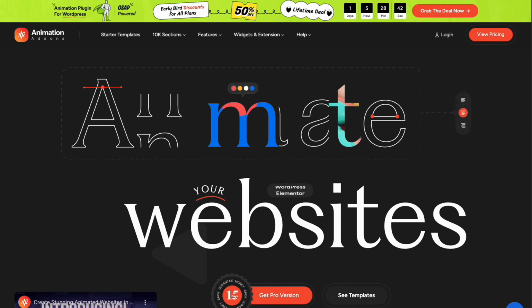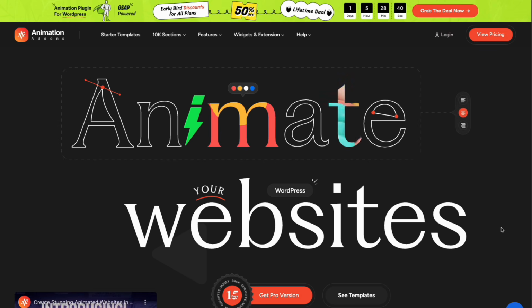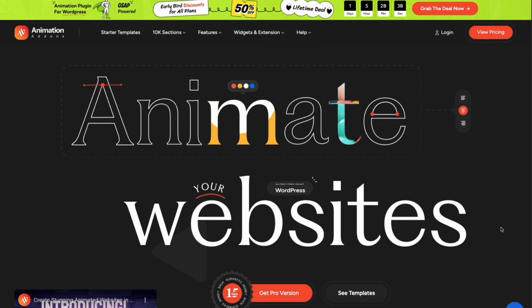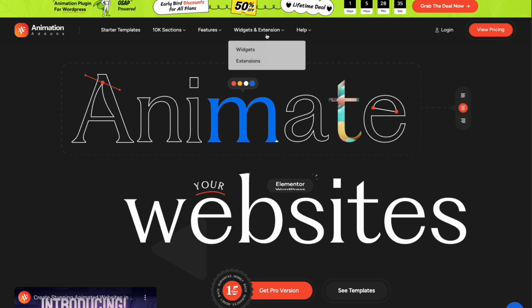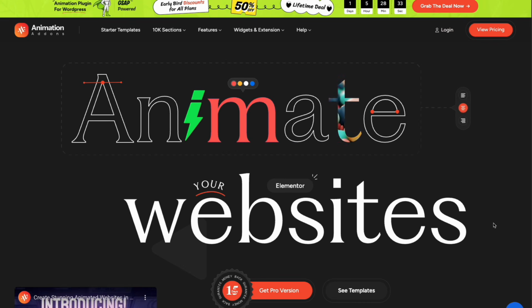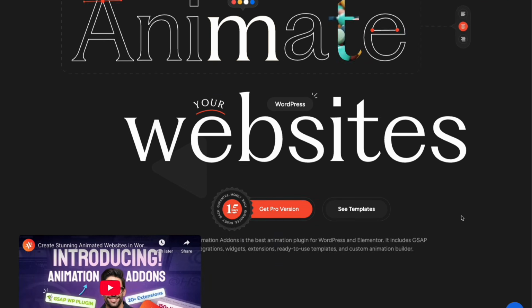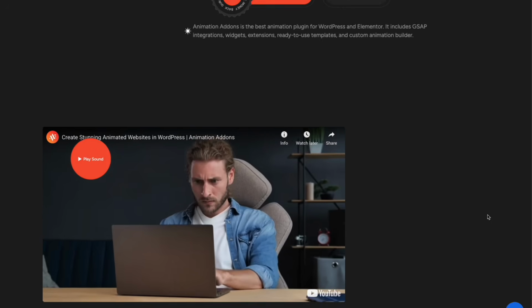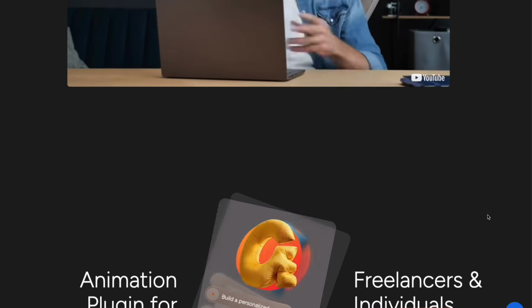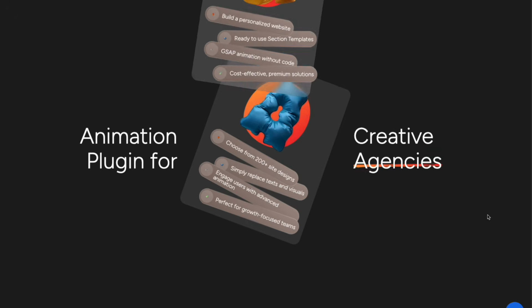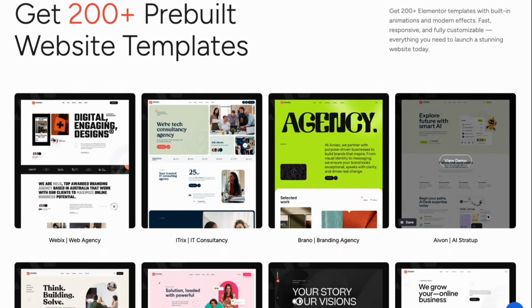All right, so here we are on the website of Animation Addons. As you can see, there are a lot of things happening here. Everything is animated with GSAP, okay? So if you scroll down the page, you will see that everything is an example of what you can do with the plugin. Also, as you scroll down the page, you get 200 plus pre-built website